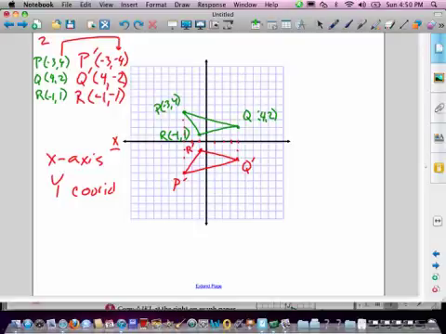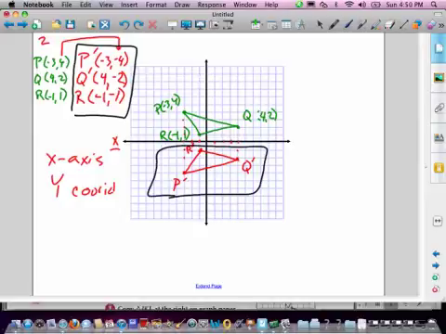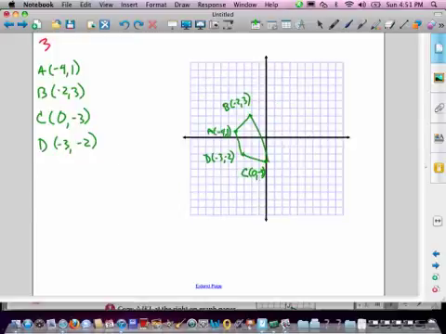So here's my new points that I have right there. Here's my new triangle, and we should be good. All right, let's take a look at example number 3. Example number 3 says graph quadrilateral ABCD with those vertices and graph the image of ABCD after reflection over